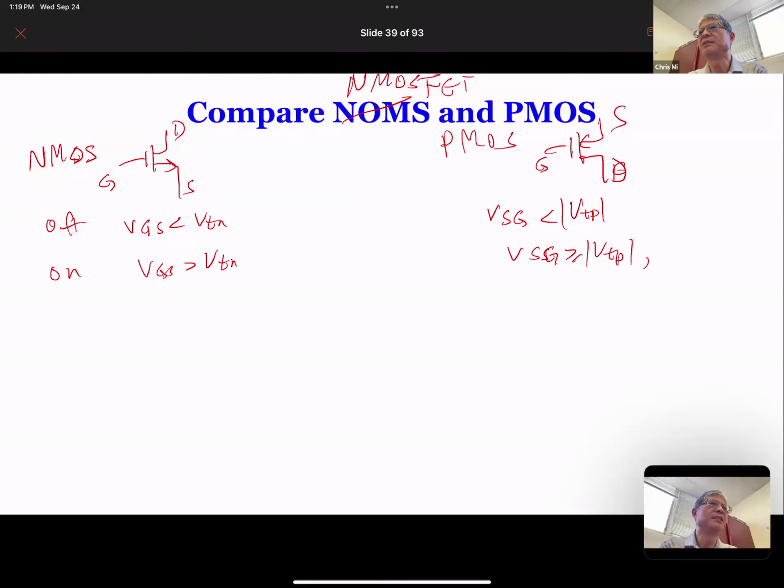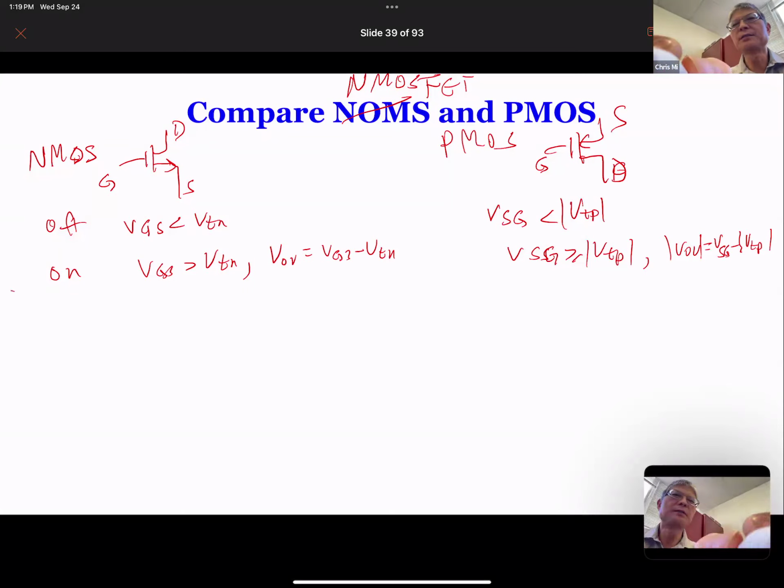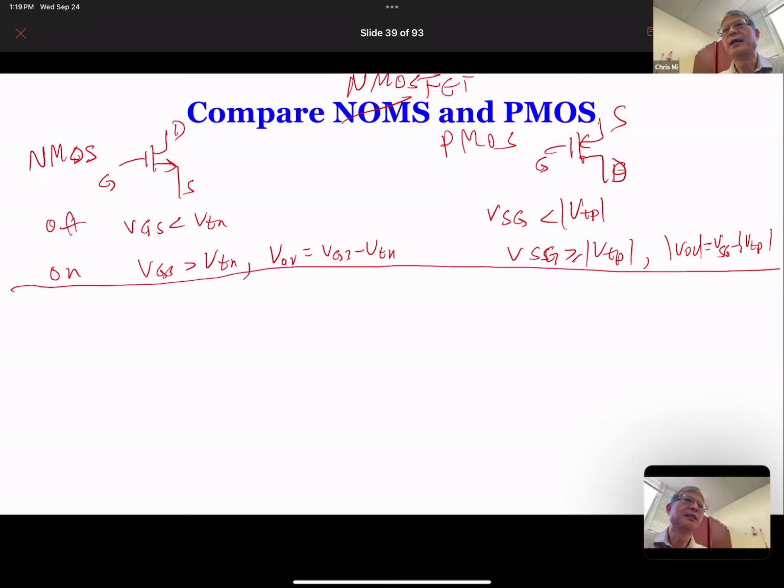The difference between VSG and the absolute value of VTP is called VOV, equal to VSG minus VTP. That's for PMOS. And for NMOS, you have VOV equal to VGS minus VTN. So that's the basic conduction,